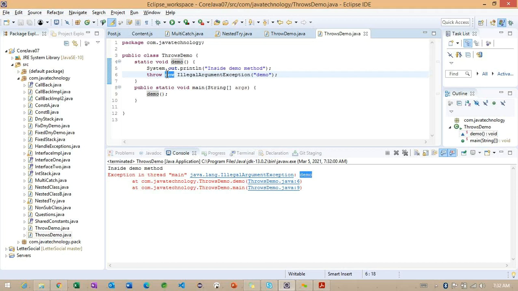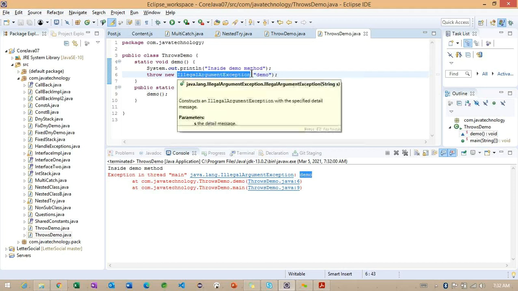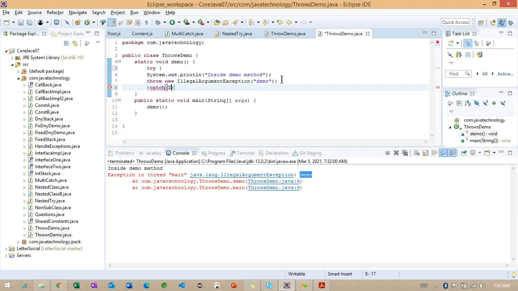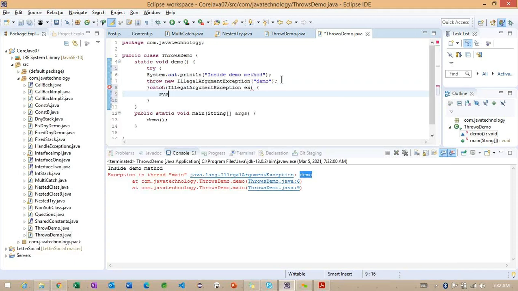Sometimes, whenever this exception is thrown, we can work like this: catch IllegalArgumentException ex, and print a message. Inside the demo method, we handle the exception.